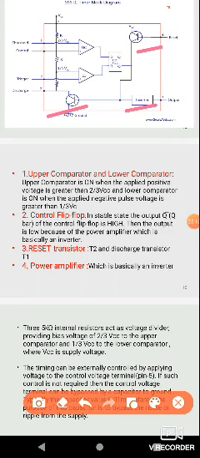Here also there is one transistor. The two transistors are for resetting purposes. This is the SR flip-flop. Next, the two comparators, upper comparator and lower comparator, just like op-amps. Here the threshold voltage will be greater than 2/3 VCC and the negative triggering input greater than 1/3 VCC. Pin 8 is the supply pin and pin 1 is used for ground connection. The inverter is nothing but the power amplifier.